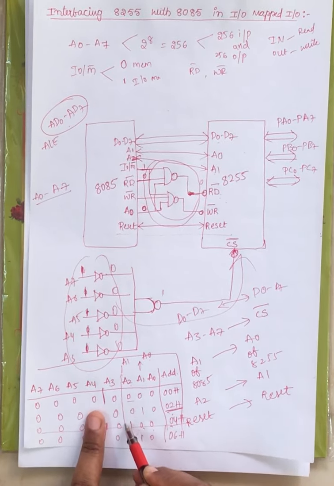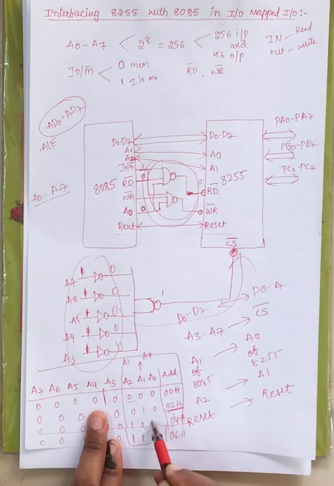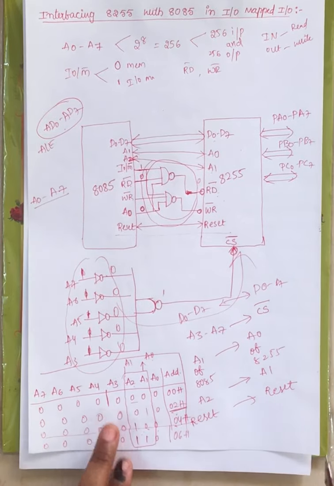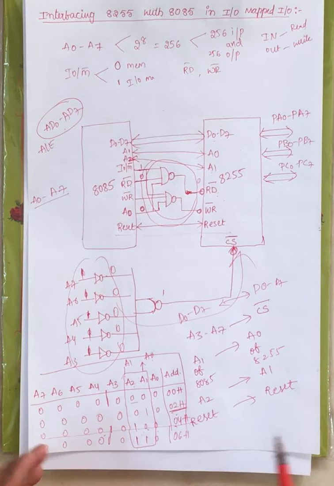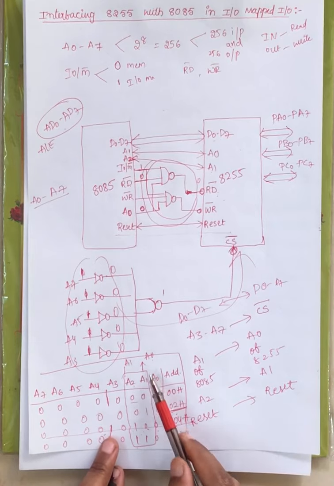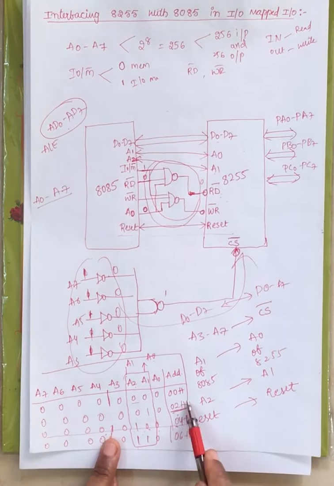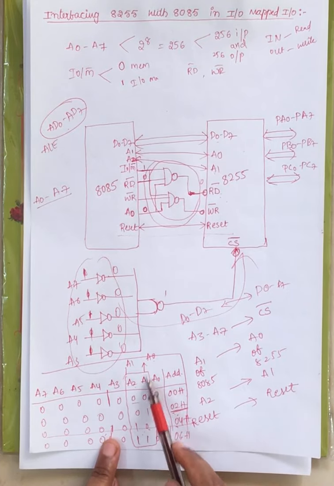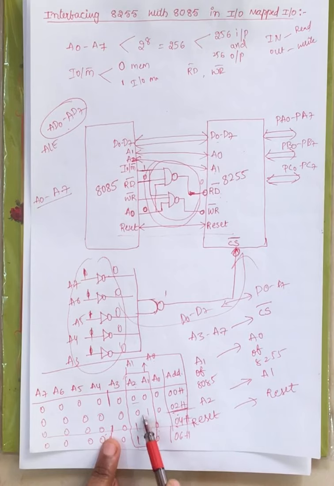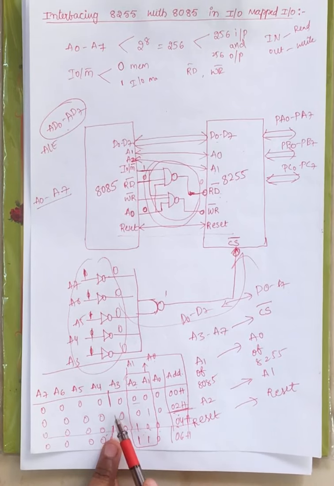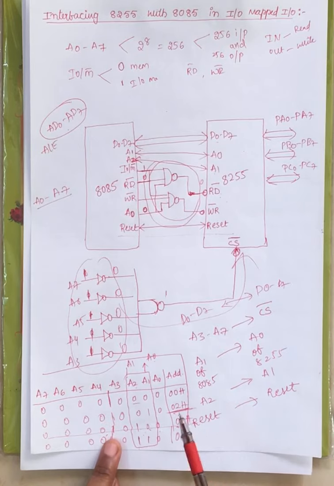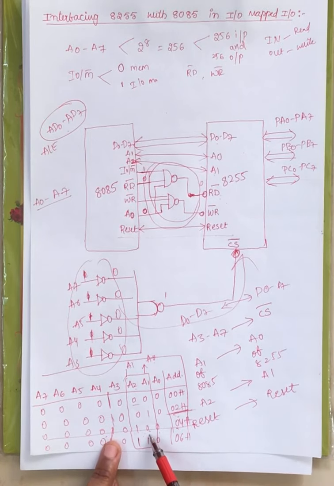Now this is how to find the address of port A, port B and port C. Only these values will differ. The A2 and A1 address lines are nothing but A1 and A0, because those two are interfaced, right? Now when A1 is 0, A0 is 0, port A is selected. After finding the address, you get the port A address as 00. Now when A1 is 0, A0 is 1, port B is selected. What is the address of port B? 02H. Divide into 4-bit form and convert into hexadecimal, right? Now for 10, port C is selected. What is the address? 04.